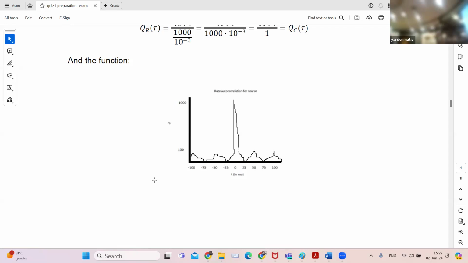Q is simplified. QP is your count divided by, so I think that depends on the number of spikes. You mean QR is equal to this divided by N times our bin size. This is the one that gives you 500 for this. When you show it here, it makes a lot more sense that it's 1.5.